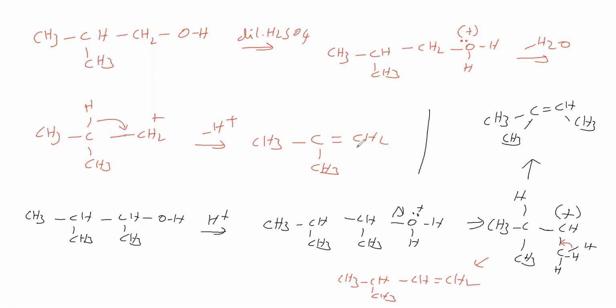Which one is correct? This alkene has three alkyl groups; this C=C double bond has three substituents, three methyl groups. This C=C double bond has only one substituent. Therefore this stability is more, this stability is less. How do we say this is more stable when compared to this?